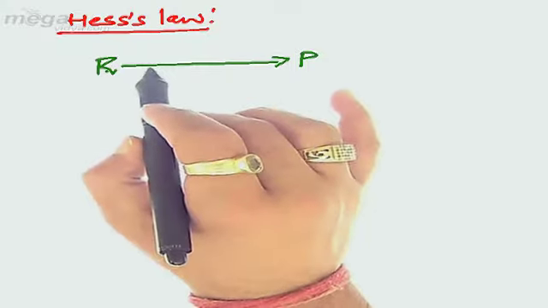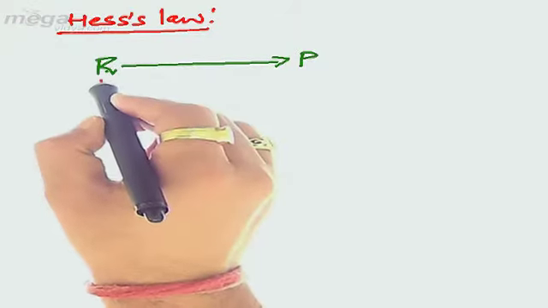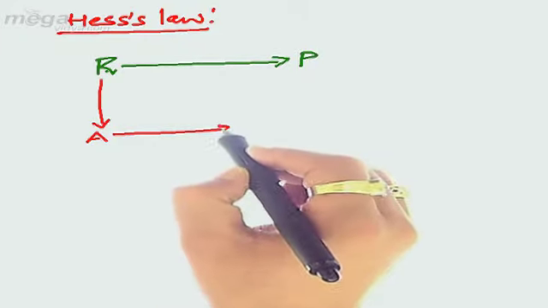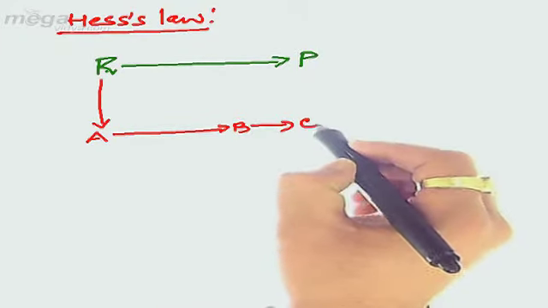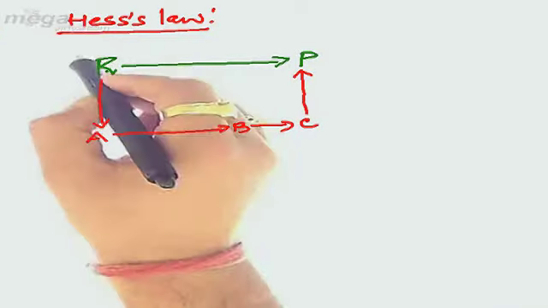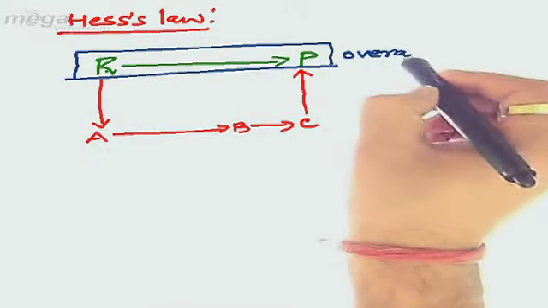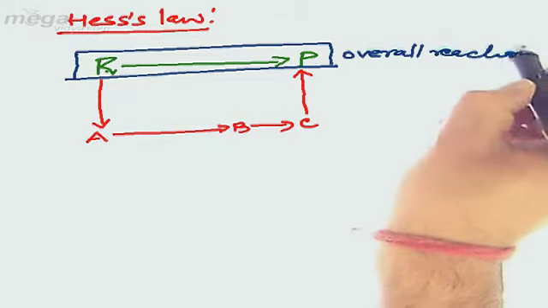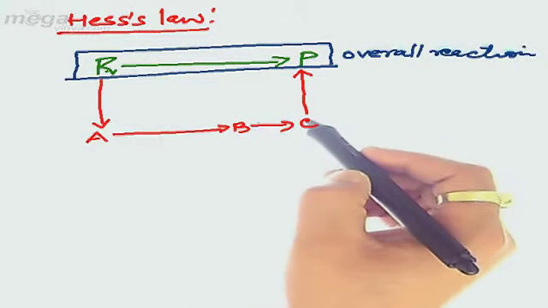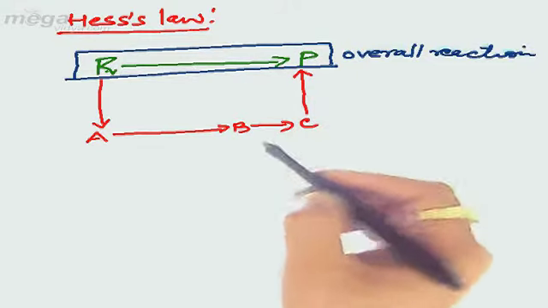But once we go into its mechanism, we find that a reactant R firstly converts into a particular state, say A, then may convert into B, which can convert into C, and then C can convert into P. This means the same reaction which we have represented in one step is basically representing an overall reaction, whereas when we observe the overall steps involved during the conversion of R, that is the reactant, into P, that is the product, then that is its mechanism.